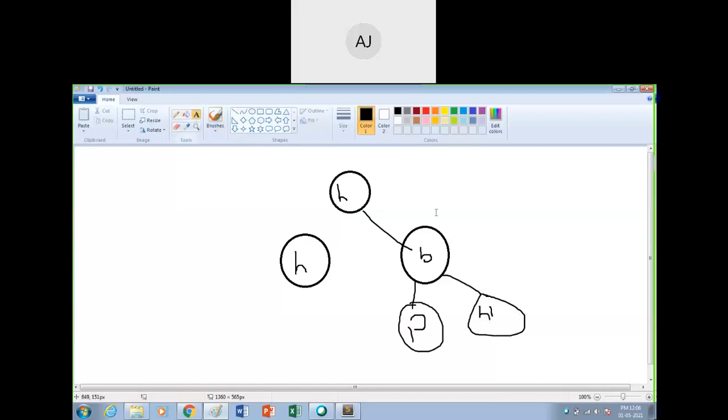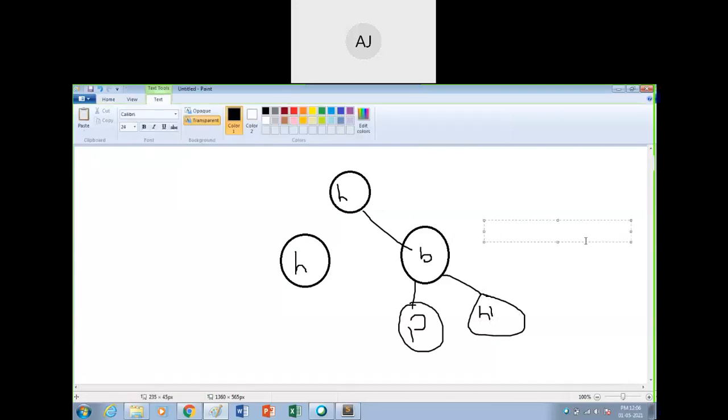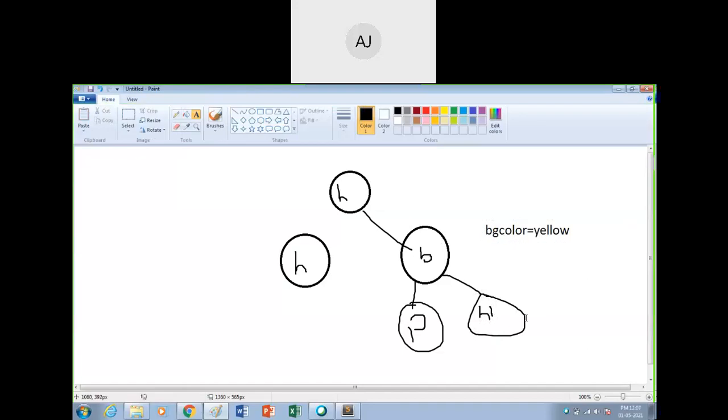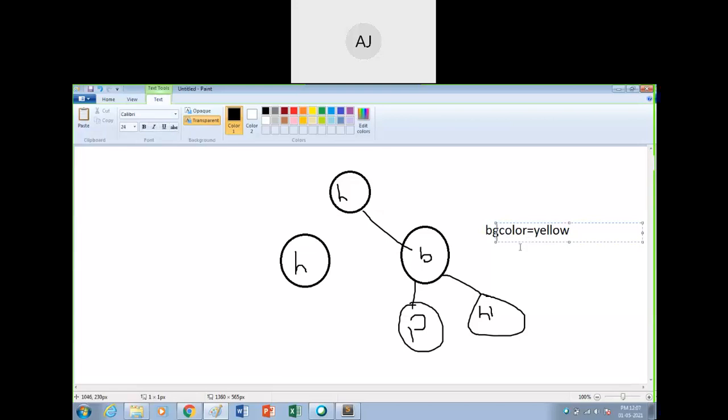For the body I have given BG color equal to yellow. Background color is yellow. Now for the H1, even for H1 you can give the BG color, there is no problem. For H1 also you can give.